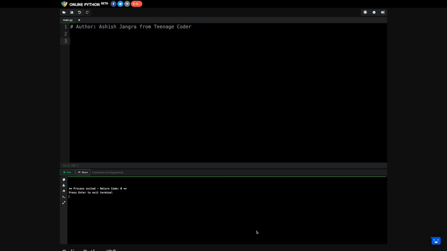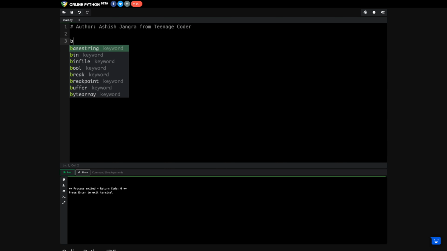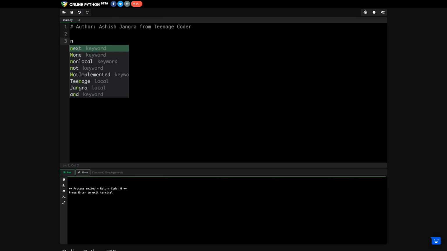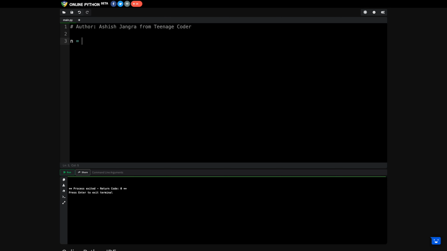So in this video, we are having booleans, which is another data type that we are having. Clear? So now let's create a boolean, right? So boolean will be defined as BOOL. This is how you can define a boolean. Clear? So I am creating a variable named n, and in this case, I am initializing